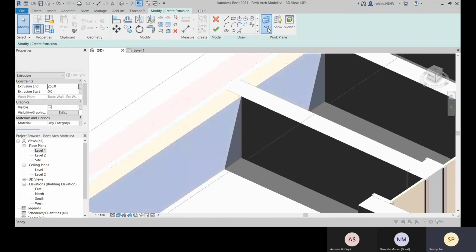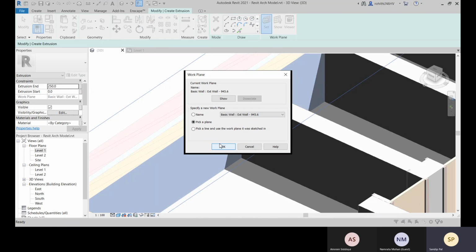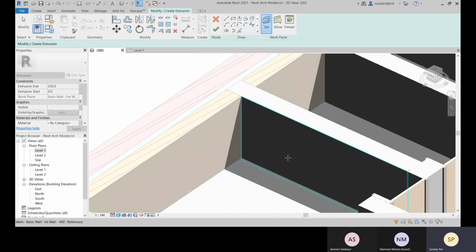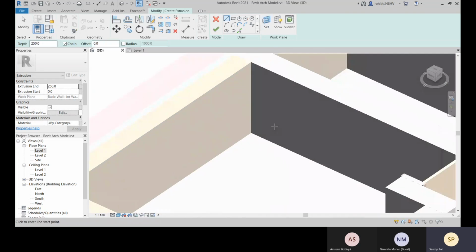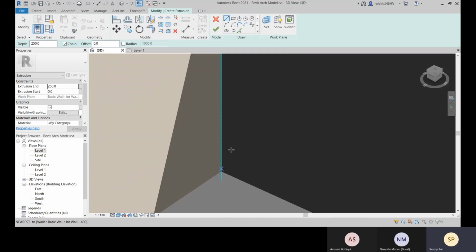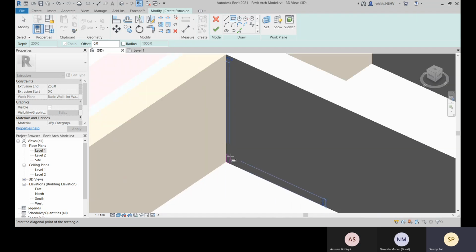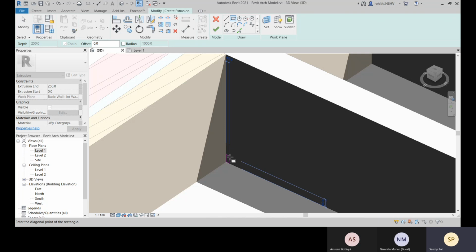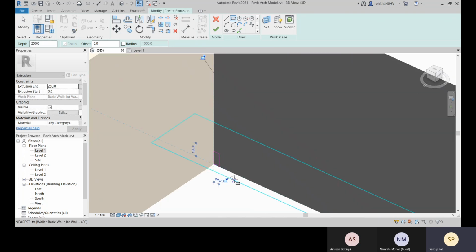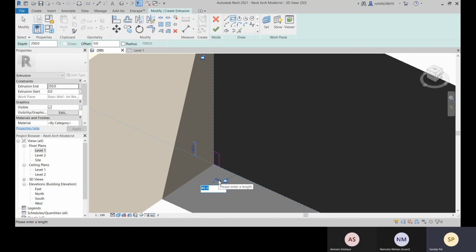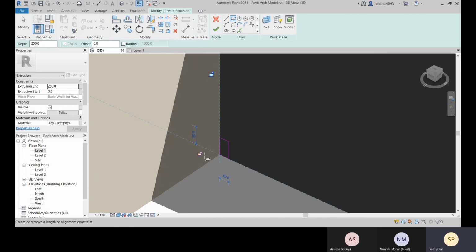Delete this first, go for this set, pick a plane, click on OK. Now pick this plane and now we will draw. Let's create from this. Let's check how much distance it's taking. Okay, so we can change it after this, like give it a 50, enter, and that is done.